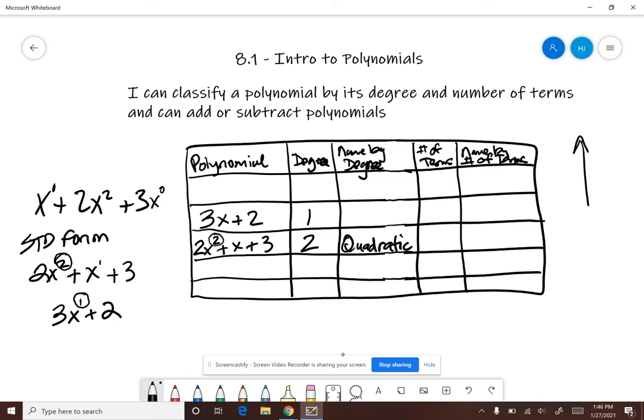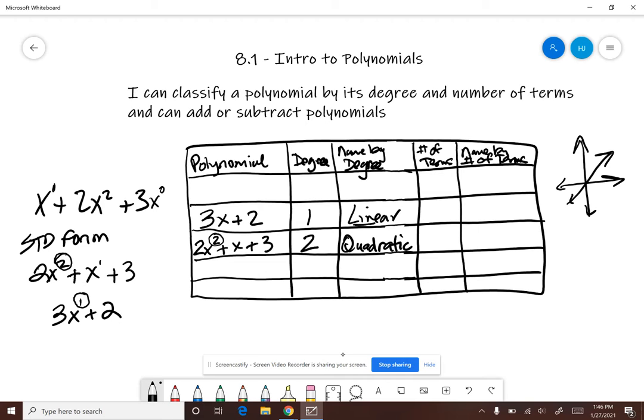So a linear equation kind of looks like this. It's just a straight line, so that's why it would be called linear, because the word line is literally in it, okay? So I kind of jumped ahead of myself a little bit, so we'll backtrack just a little. The other thing we need to talk about in this one here, and I'm going to go back to this one real quick, and then we'll be able to pick this one up as well, is how many terms